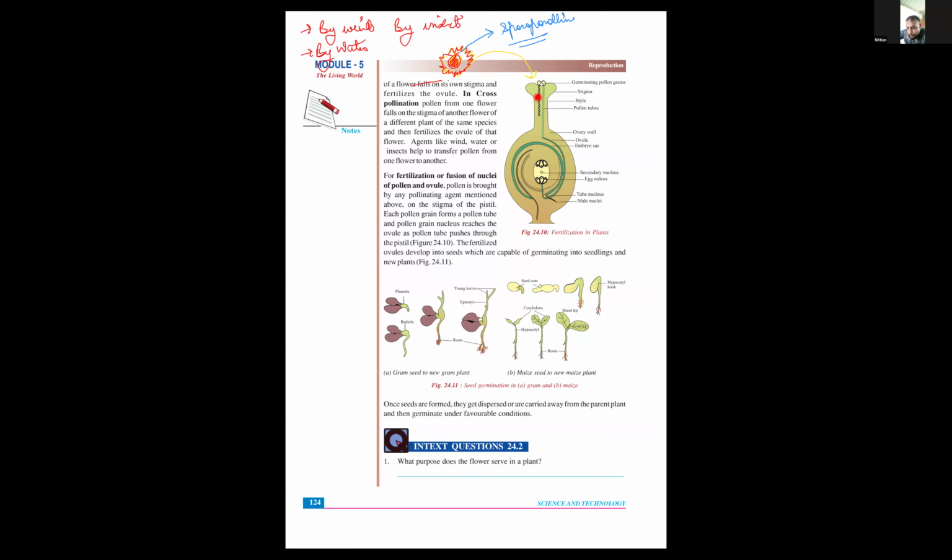So you can see that this is called a pollen tube, through which the male sperm passes and goes towards the ovule. Understood, guys? Yes or no? So you can see that now it is passing and going towards the ovule to fuse with the egg cell here, and the secondary nucleus. Now listen, guys. This is not in your book, but it's very easy and you can understand. Now one sperm fuses with the egg cell.